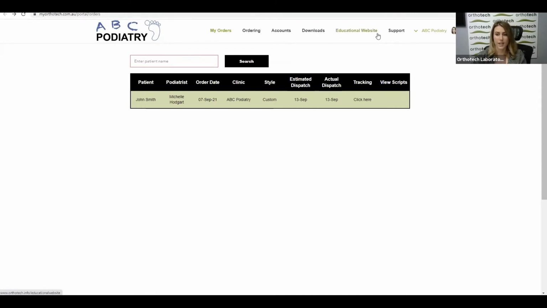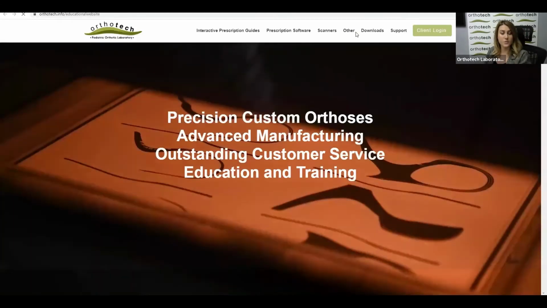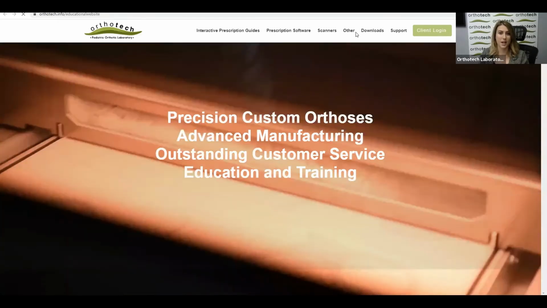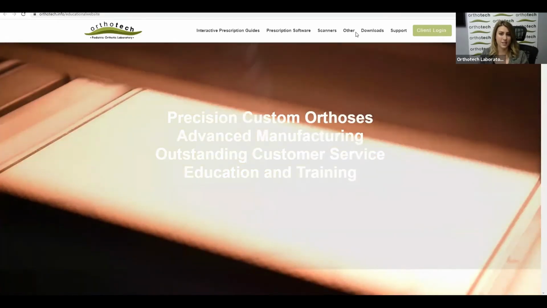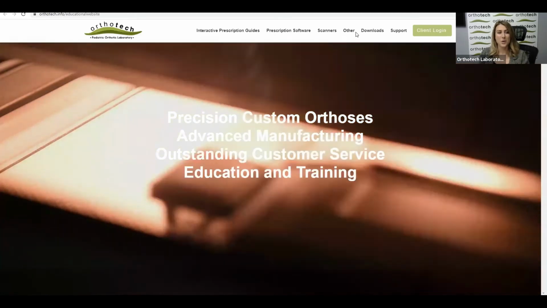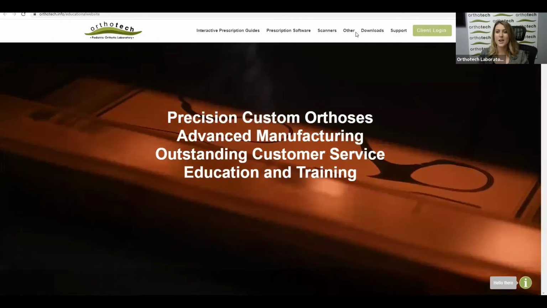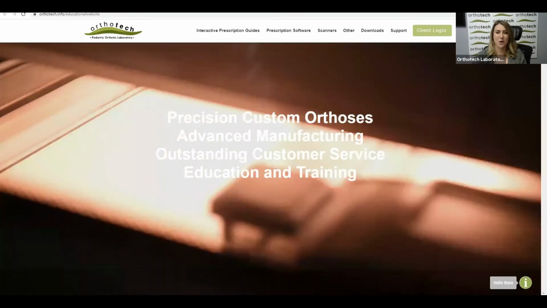So we're going to run through that again a little bit later. If you click on the educational website, you don't need a password. You do need a password if you're going straight into the educational website via a URL, because it is just for our clients. But with the MyAuthorCheck.info educational website, you can see here we've got so much to offer,